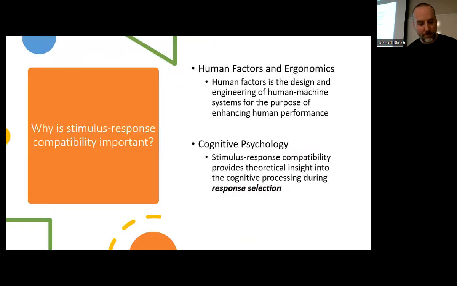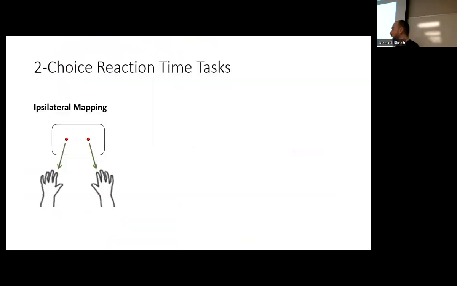Okay. So that was just a quick aside into the world of human factors. There are lots more great and fun examples there, but we're going to get into the more meat and potatoes of this course, which is of course cognitive psychology, and what we can learn about response selection by studying compatibility. So we are going to look at the easiest task to study compatibility, and it's really just two-choice reaction time, which you're already familiar with